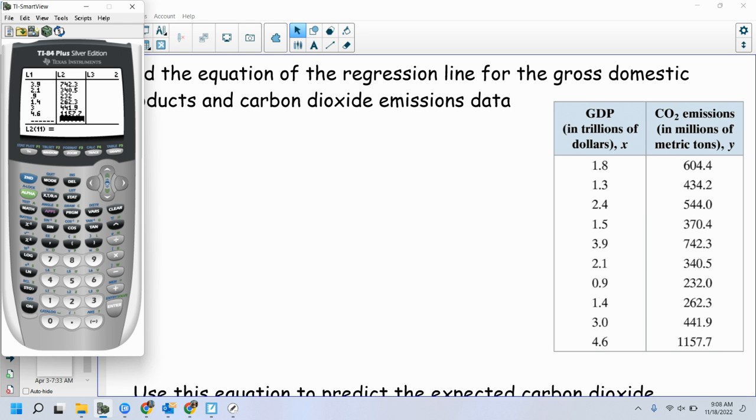Okay, I got to spot check this because sometimes double numbers don't come through. 441.9, 262.3, 232 point nothing, 240.5, 742.3, 544, 434.2, 604.4, 1.3, 2.4, 1.53, 9, 1.43. Okay, cool. So I go back out to my home screen and I go stat, calc, 4, linear